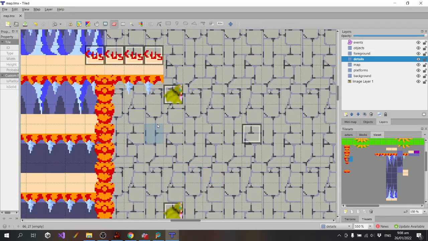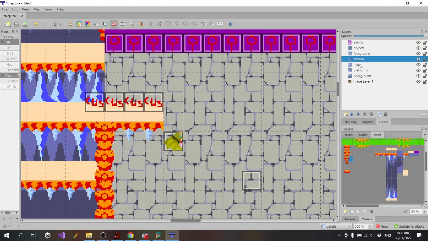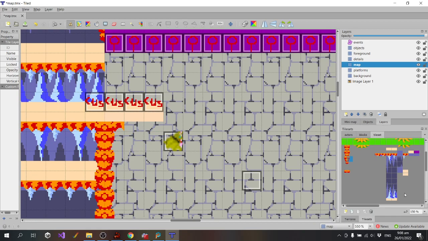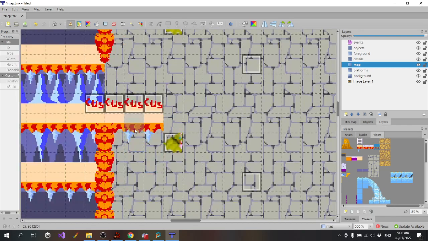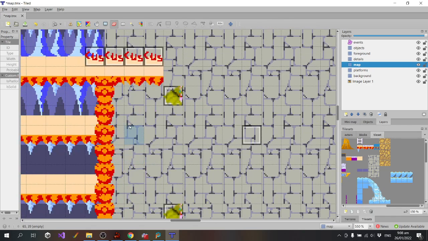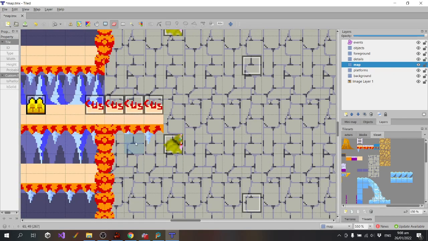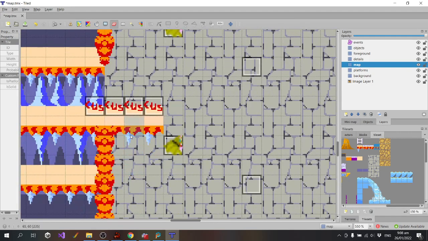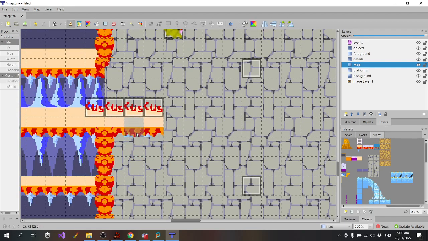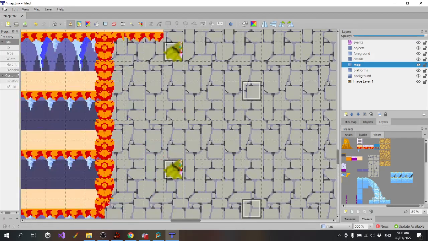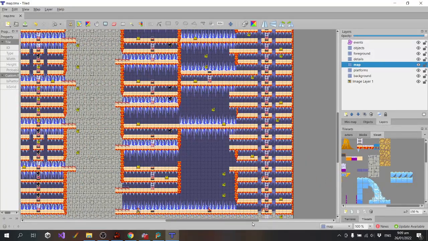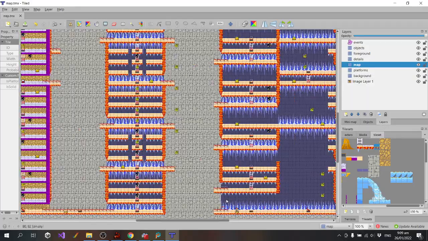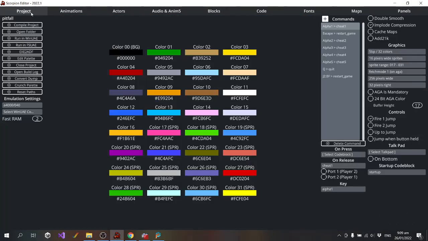Okay, let's tidy up the other side. Okay, I think that's looking better. So I'll give the balloon another test.